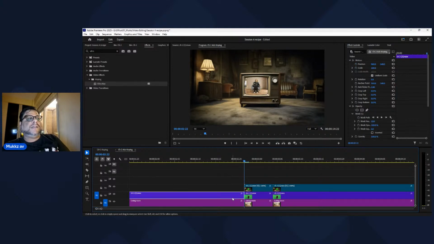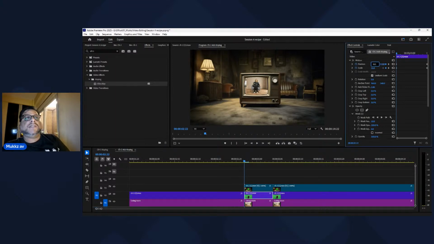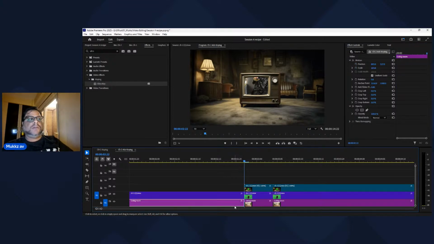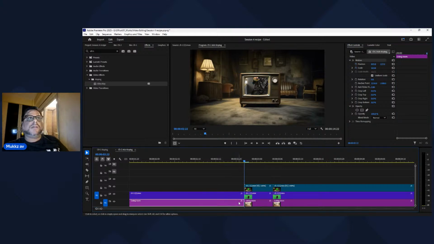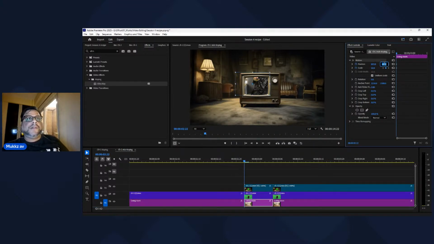So we'll select this layer. We'll get the information: this is 960, 540, and 100% scale. We'll put this over here, which is 960. We'll put it here, 540. We'll put our scale 100. And we go into the living room first layer, which is not transformed: 893, 127. And we will go here, 893, 127, and 103. So if I turn off the TV layer,